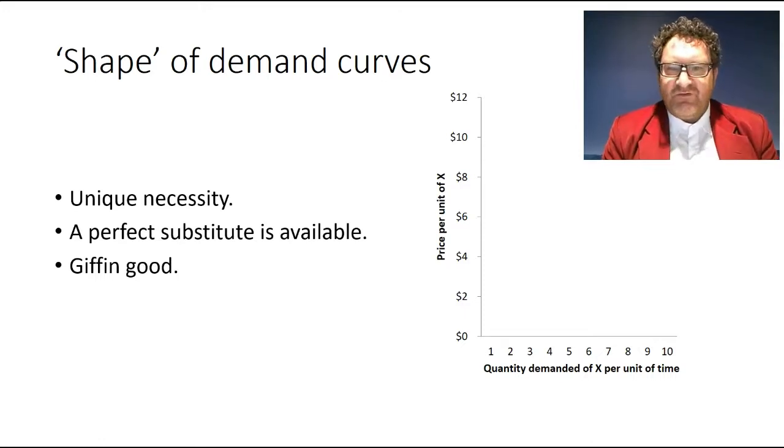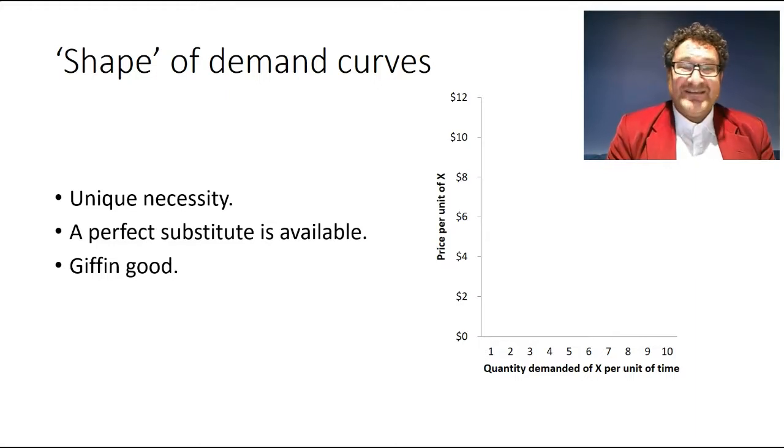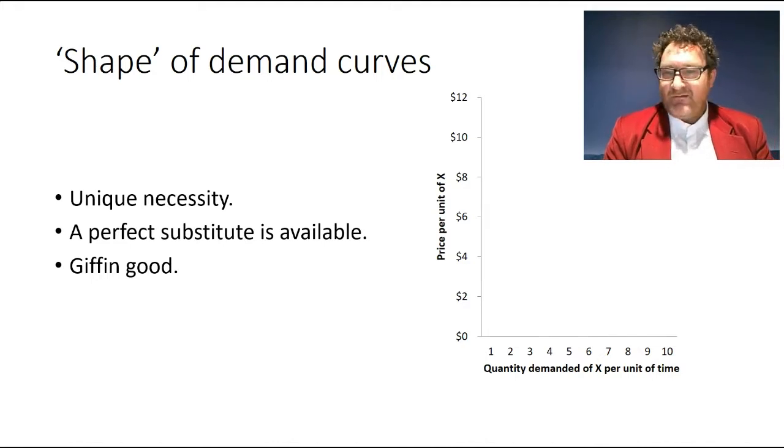In the case of a Giffen good, we say that the income effect is so powerful that it outweighs the substitution effect. So overall, when the price of a good falls, the quantity demanded would not increase, but decrease. And perversely, vice versa. If the price of the Giffen good increases, the quantity demanded, weirdly, would also increase.